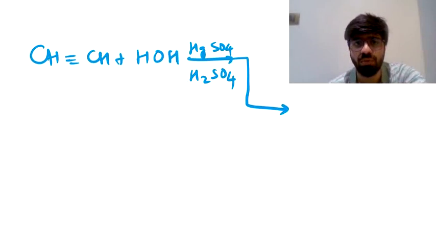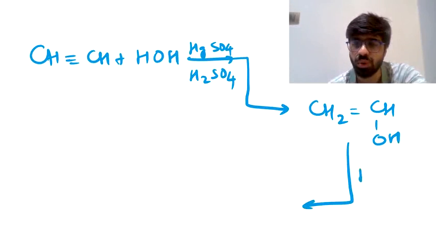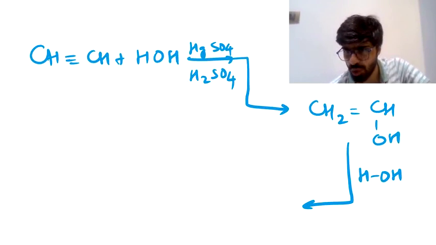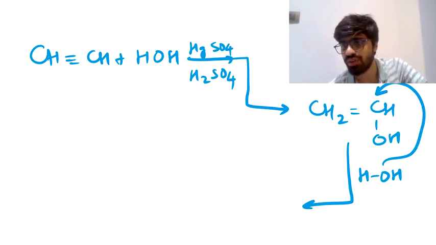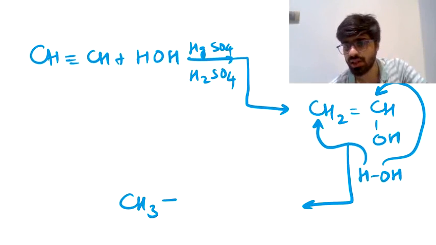The compound you got by doing that was CH2 double bond CH, OH. Add one more H2O to it. Okay, it's the same condition, H2O getting added in the presence of HgSO4 and H2SO4. So when you are adding H2O, the negative part, that is OH, goes to the carbon atom having lesser number of hydrogen atoms, and hydrogen goes to this carbon atom. That makes this part CH3. The double bond breaks and becomes a single bond.